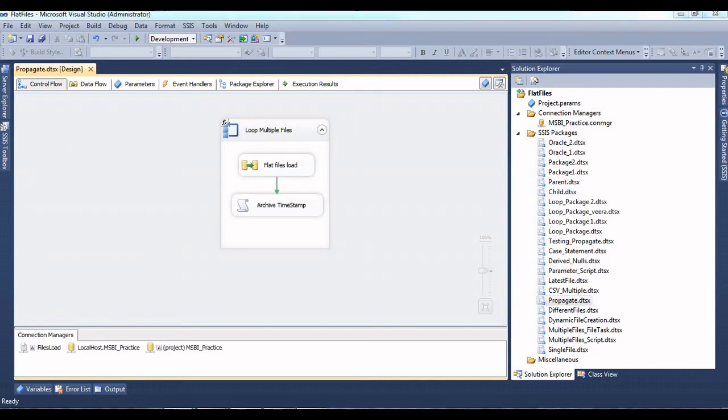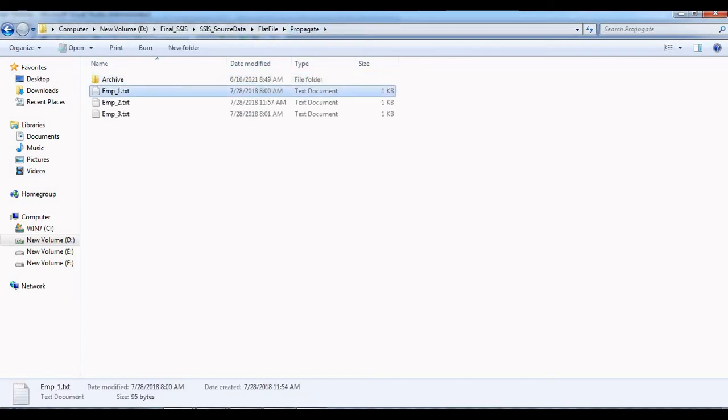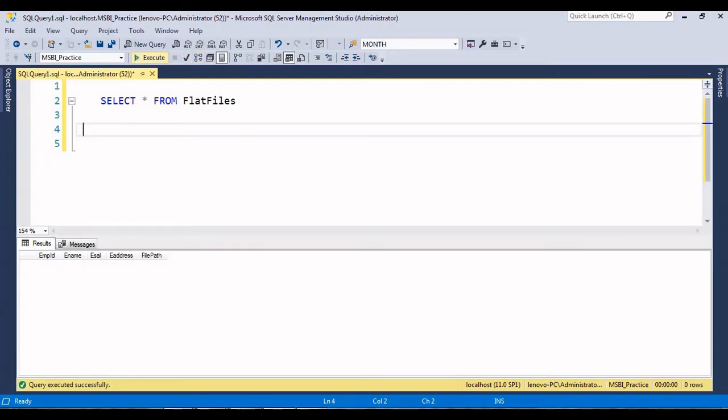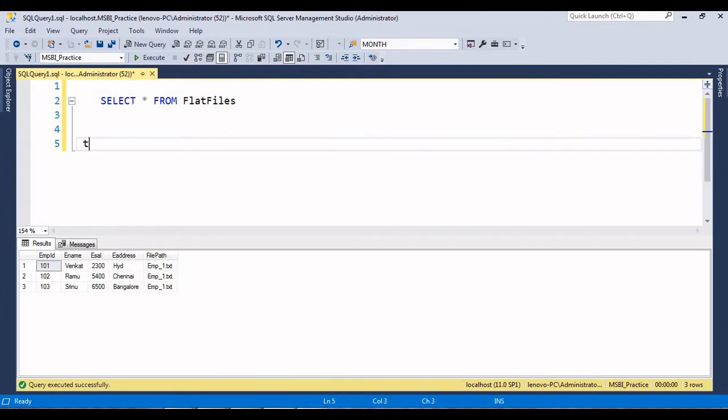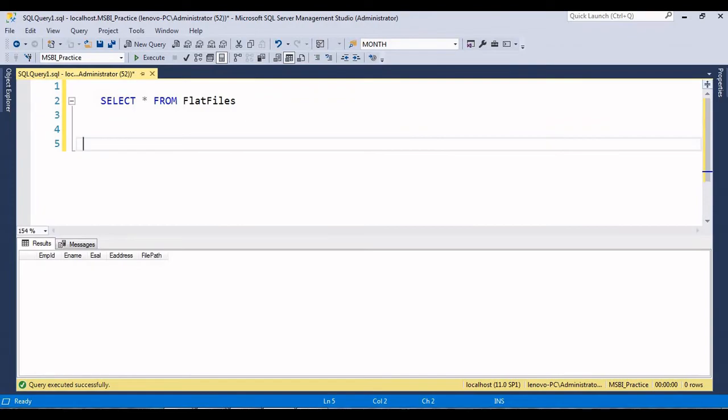Now I'm taking employee ID back into this folder. We'll see what data it contains. I'll truncate the table flat files. Now we have clean data, there's no data, right?